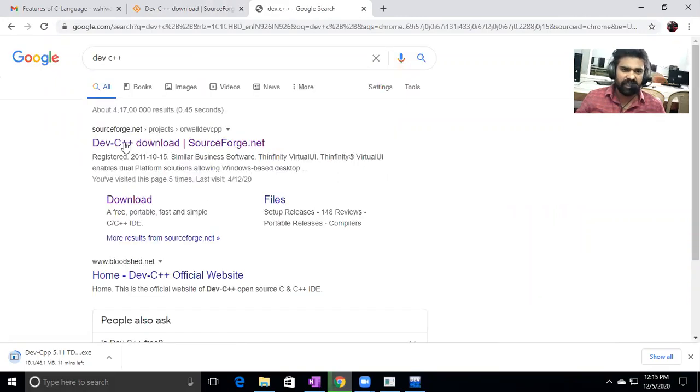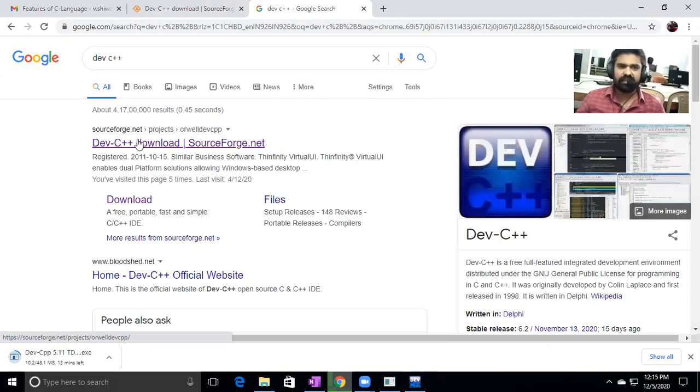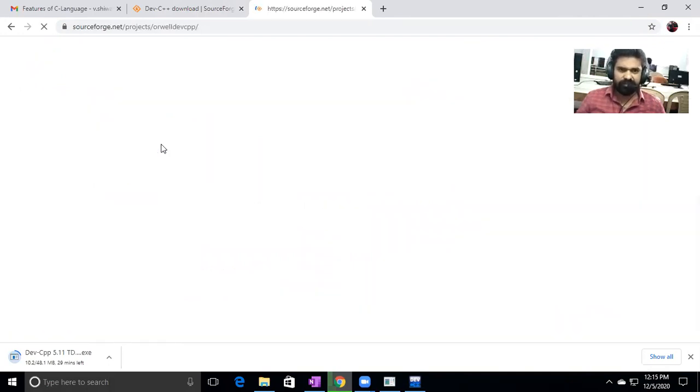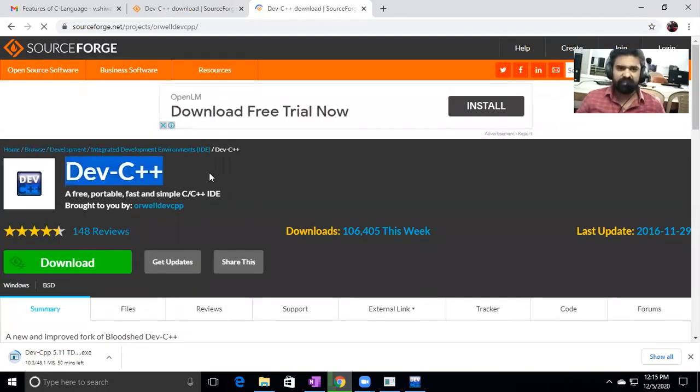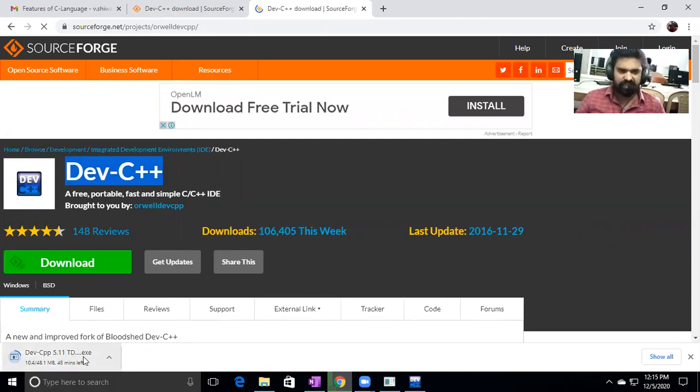The first link it is displaying is sourceforge.net. Click here. It is displaying the Dev C++ software. Just simply click on the download option, and the software will be downloaded.